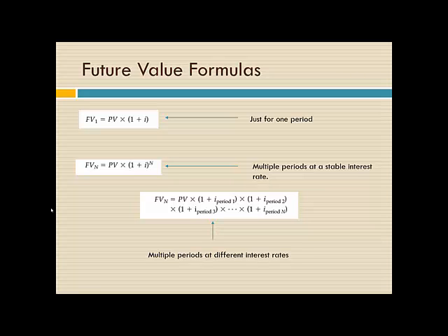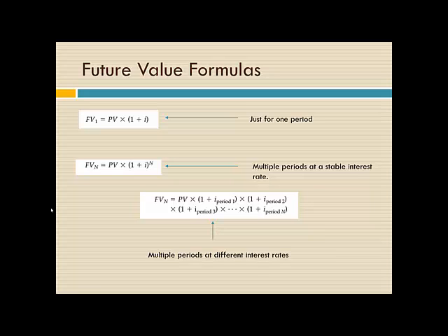So your future value is equal to the present value times 1 plus the interest rate raised to the number of periods, or raised to the nth. And then the final future value formula is one that we use when the money is going to be invested in multiple periods, and each period is going to carry a different interest rate. So that would mean you're getting maybe 5% in year 1, 6% in year 2, 3% in year 3, 5% in year 4. So under those circumstances, what we're going to use is a more elaborate future value formula,